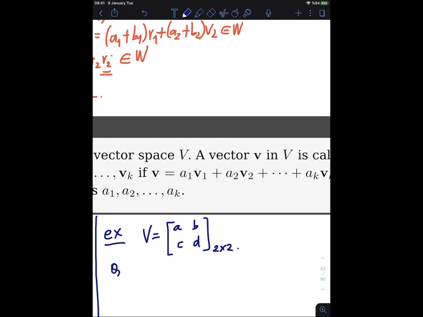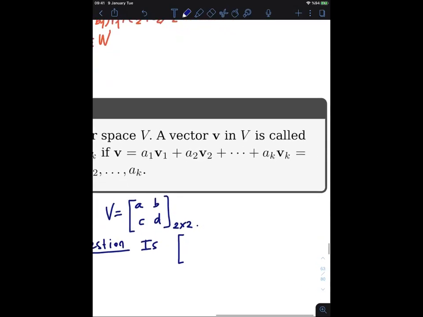Let's come up with some matrices. Is the matrix 1, 1, 2, 0 a linear combination